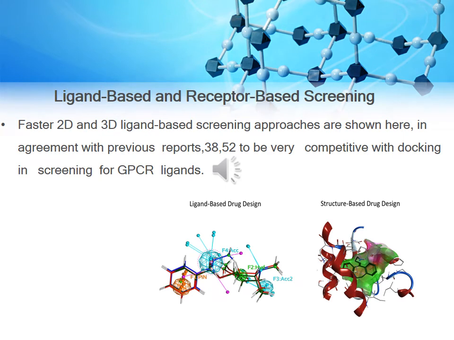Ligand-based and receptor-based screening. The screening methods based on 2D and 3D ligands are shown here, consistent with previous reports, which are very competitive when screening GPCR ligands as expected. Inverse agonists and antagonists with high ROC values as well as randomly selected enrichment can be selectively searched using the inverse agonist